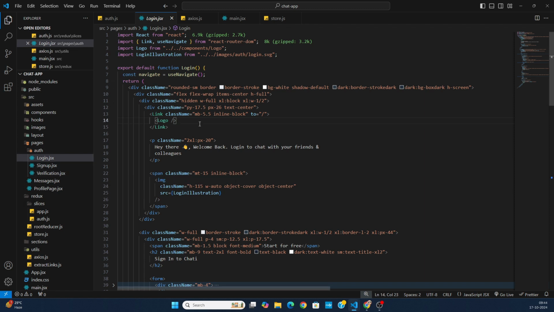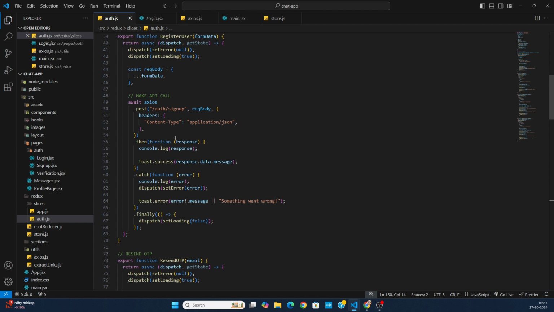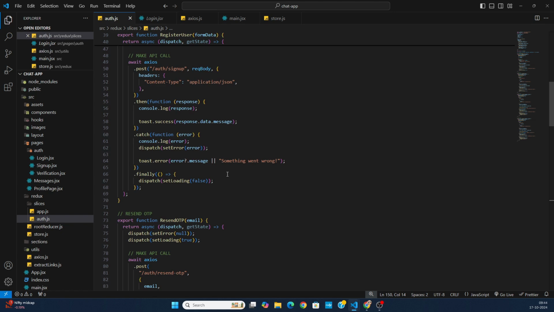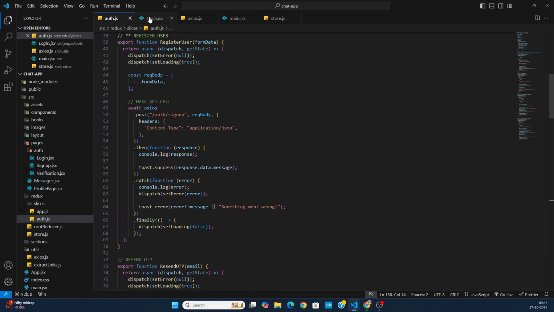So the next step is to make them controlled, and we are also going to add validation inside these forms. Let me tell you in advance that in the next video we are going to make use of React Hook Form for form validation and also displaying the error messages and all those things. Then we'll be submitting the data to our API using these functions. Okay. And these functions are going to take care of calling the API, then updating the state and taking the appropriate navigation logic. So all those things are going to be handled over here, and we are also going to make use of the